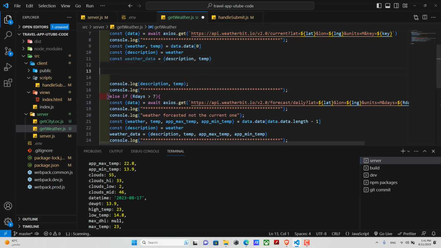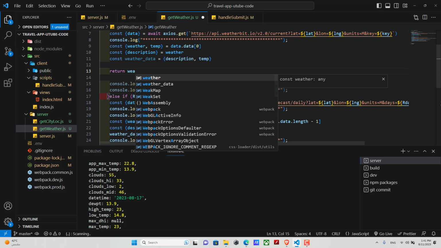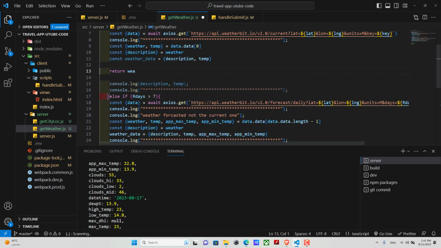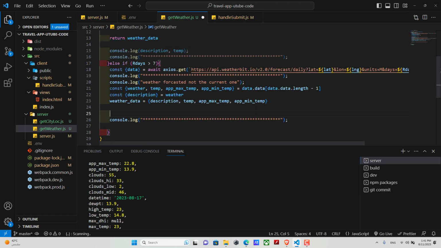And now the last thing we should do here is to return whatever is coming from the API. I will return the weather data here, and the same thing will happen here too. And right now we should remove these because we don't need them anymore,